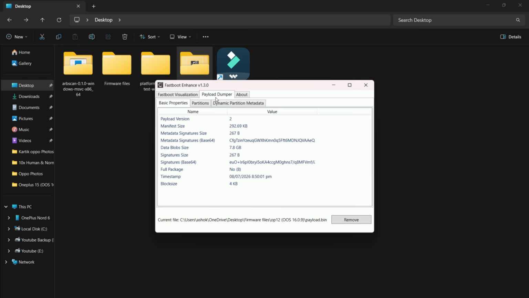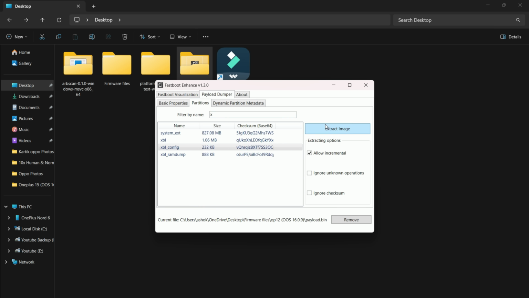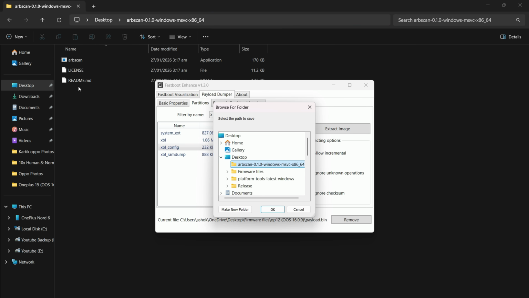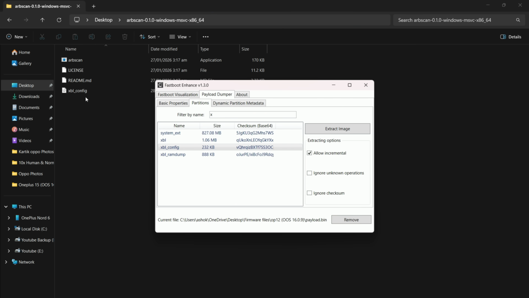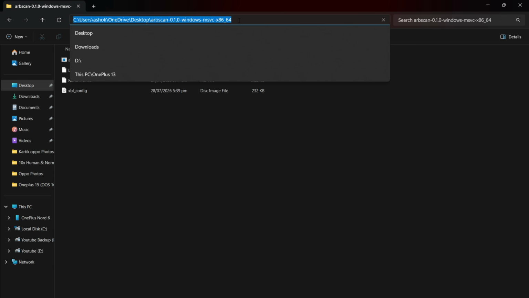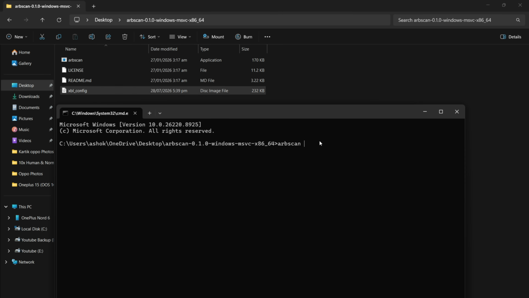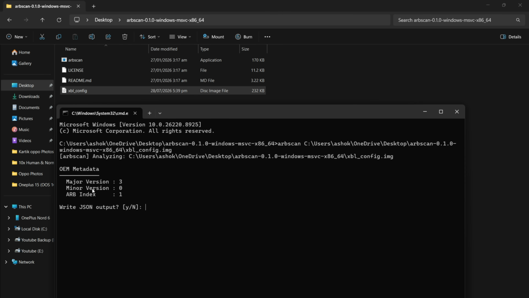I'll select the file. Now I'll again search XBL, allow incremental, extract, desktop, ARB scan. So I'll open up ARB scan over here. You can see we don't have any file. I'll place it here, and now we have the file here. Now giving the command, which is cmd ARB scan, drag and drop the file, hit enter, and here you can see